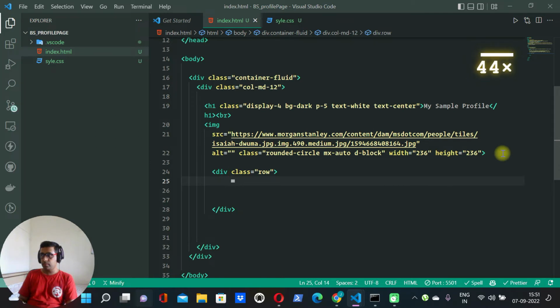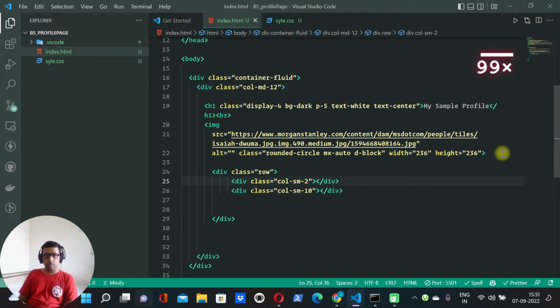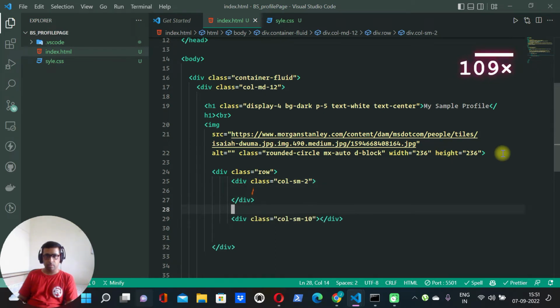Okay, div dot col-sm-2, and another one will be div dot col-sm-10. So the first one will have the nav bar, and the second one will have some